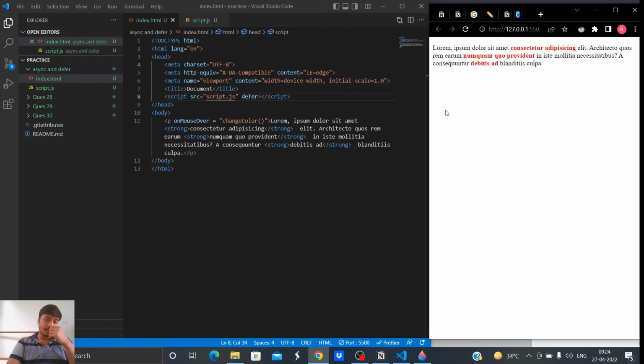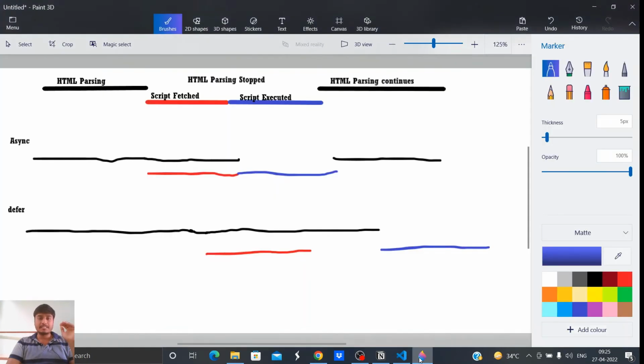Okay, but you might ask, Rajat, it's also working with async. So what's the difference? Okay, let's see what happens in async. In async, HTML parsing runs in parallel with the fetching of the script, but as soon as the script is fetched, HTML parsing stops and the script starts executing. And only when the script has been fully executed, HTML parsing continues. Okay, but